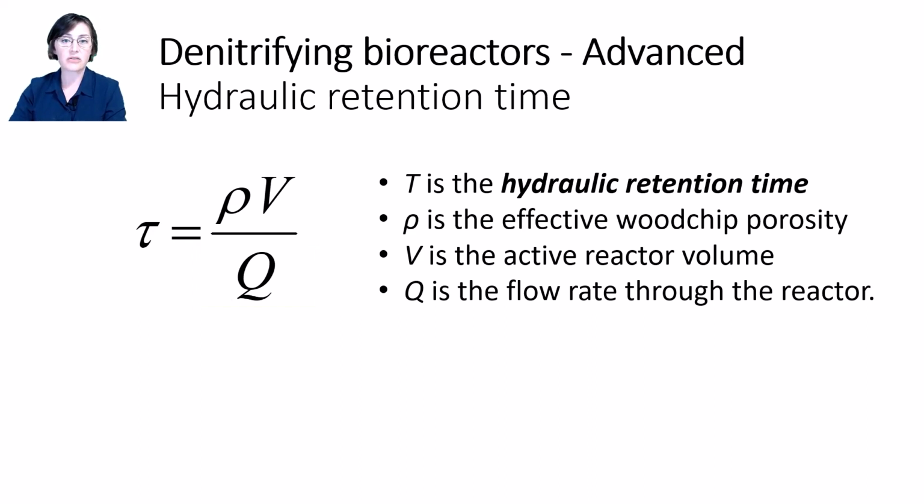In our tile drainage reactors, we don't really control the flow rate. We take whatever is coming from the field, and sometimes we even need to bypass flow. So while we don't control Q in this equation, from a design perspective, we do control V. And mathematically, you can see that if you have a much larger bioreactor volume, any given flow rate would stay in there longer compared to a smaller bioreactor. A larger numerator gives you a larger HRT.